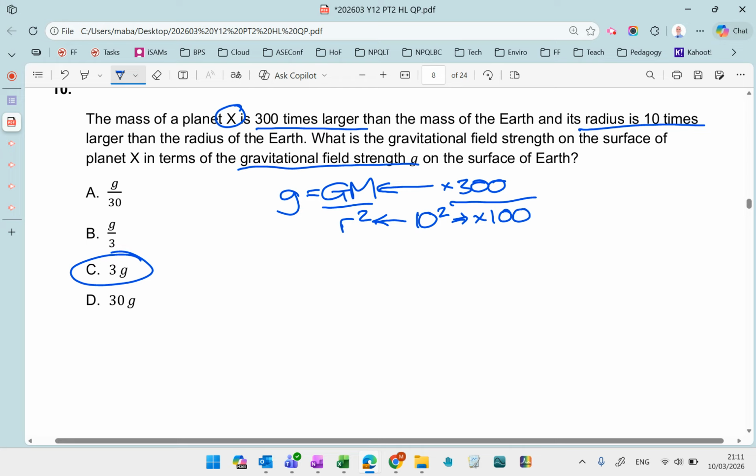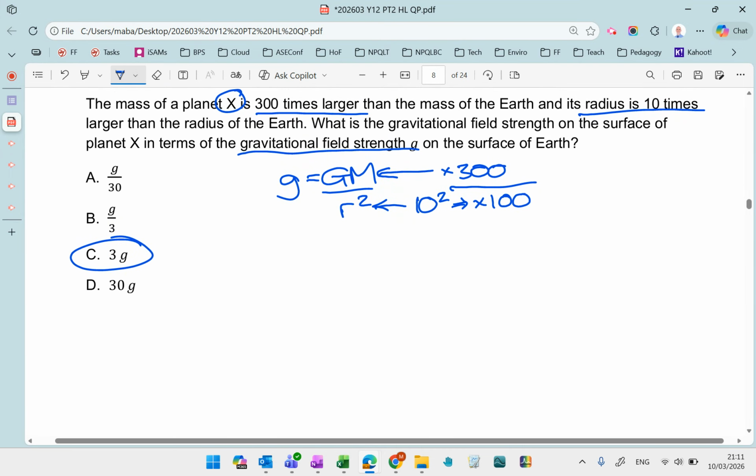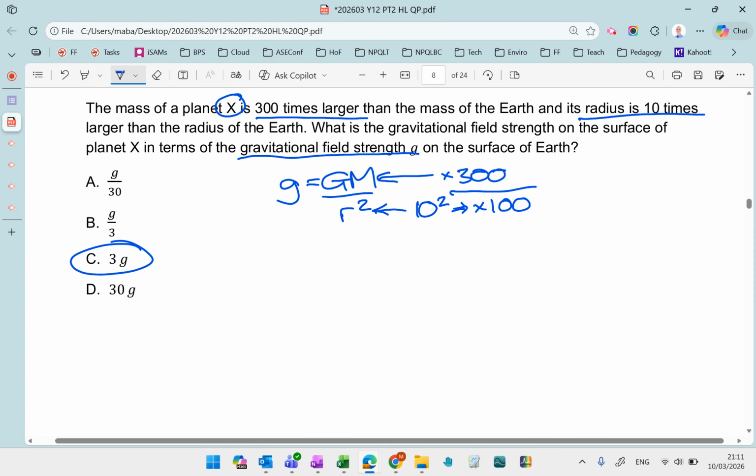Okay. If the top gets 300 times bigger and the bottom gets 100 times bigger, then overall it gets 3 times bigger. Okay, that's fine for a paper 1, but if you wanted to do this rigorously, and it asks you to prove this on a paper 2, then let's go into that in a bit more detail. Okay, so we've got the g for planet X, and that is going to be G times 300 times the mass of the Earth, and then it's 10 times the radius of the Earth